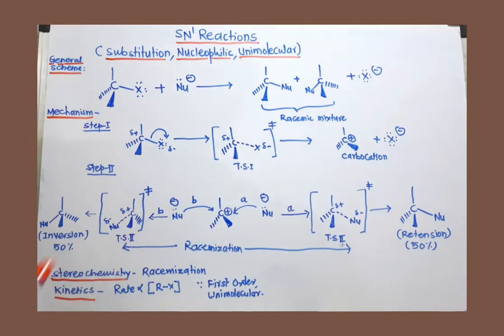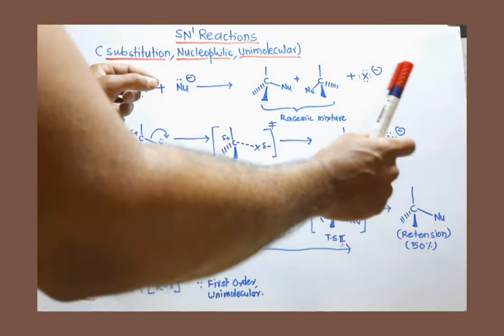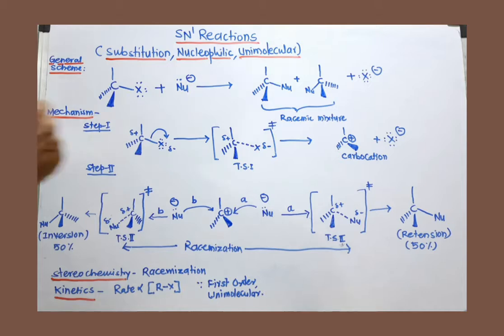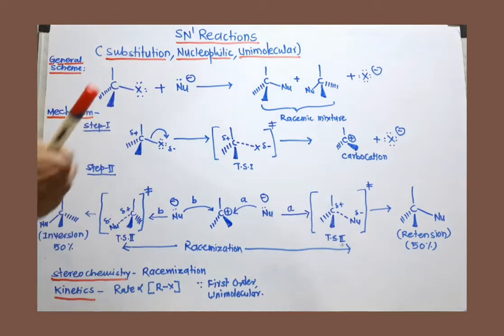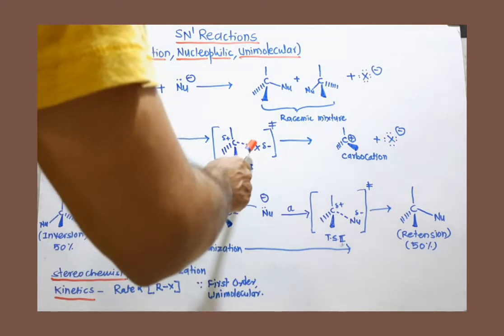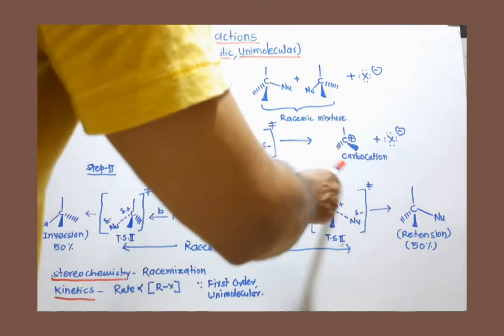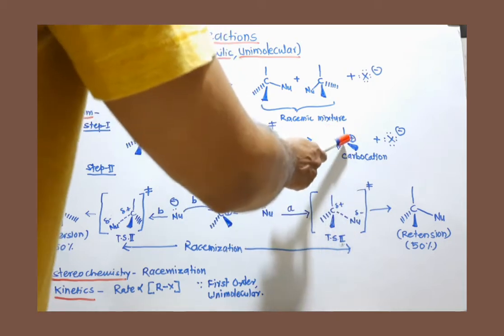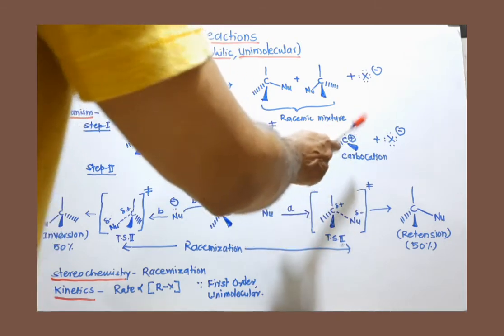In the transition state, we show which bond is being broken by using a dotted line and which bond is being formed by using a dotted line. So this is how to write the transition state. So after that, this bond is completely removed and we get here a carbocation. This is a reactive intermediate which is having positive charge, complete positive charge.